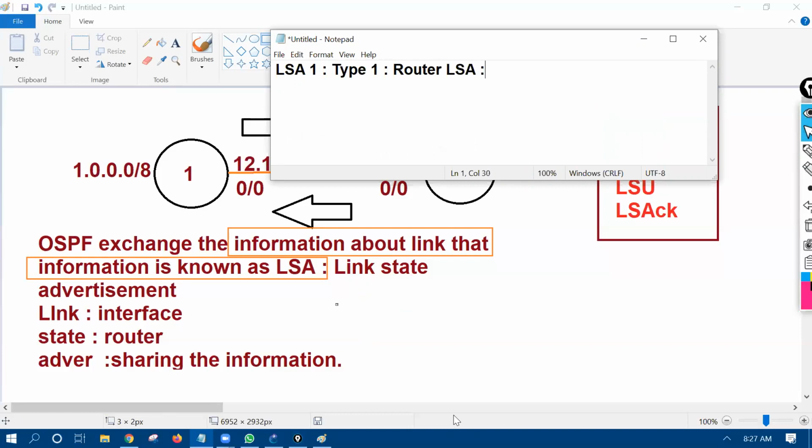The first LSA, the router LSA, is generated by every router that contains the information